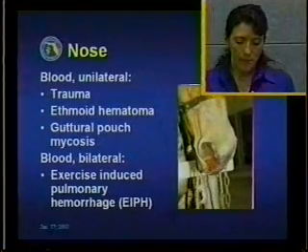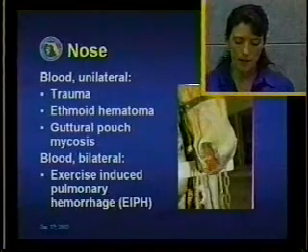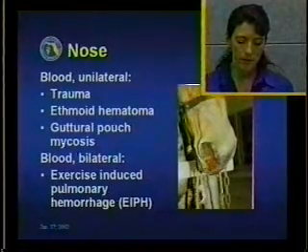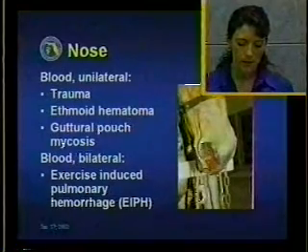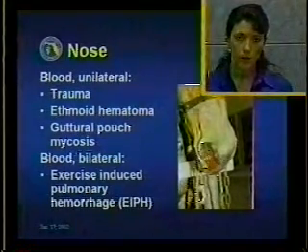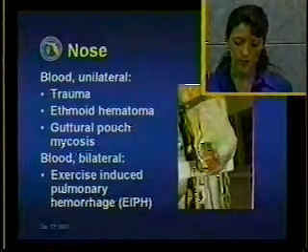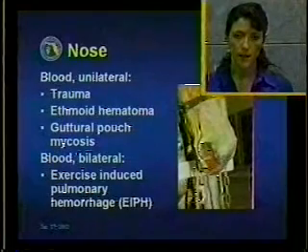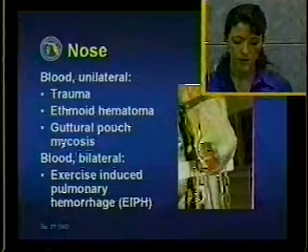When you deal with sanguinous or blood discharge from the nose that is unilateral, you need to think about trauma. You need to think about ethmoid hematoma, which can also be caused by trauma, very commonly associated with passage of a nasogastric tube, or guttural pouch mycosis. In that case, the mycosis will affect the internal carotid artery, which can result in a very significant hemorrhage that can turn into a bilateral discharge. And this is a life-threatening event because of the size of this artery, and horses can easily bleed out consecutively